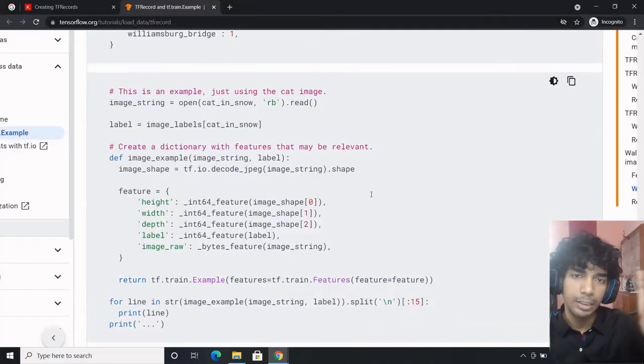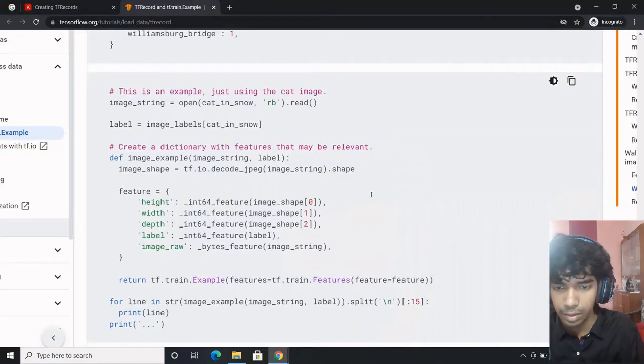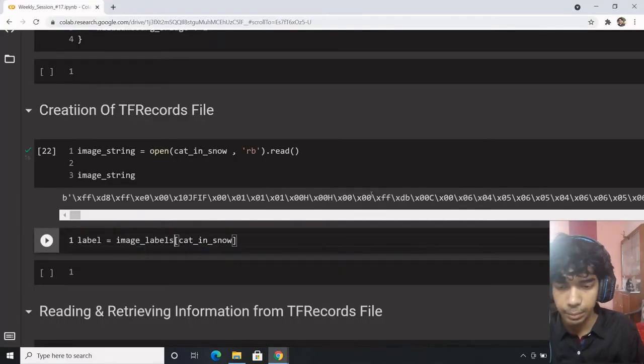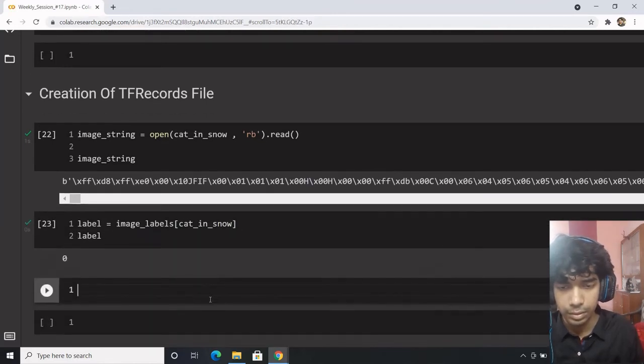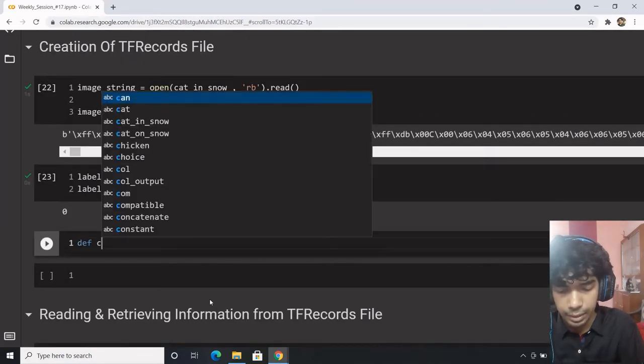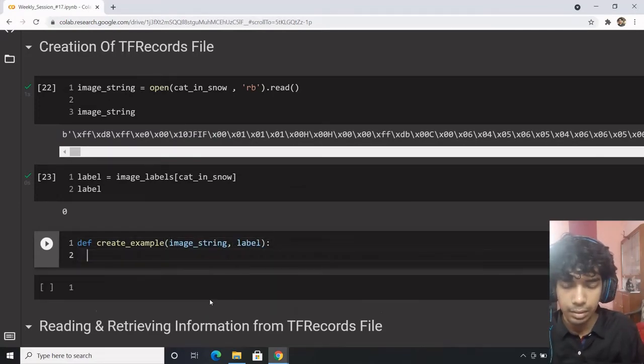This binary data needs to be stored somewhere along with its label, which for cat in snow is 0. So let's say create example wherein I'll be feeding the image string along with the label.